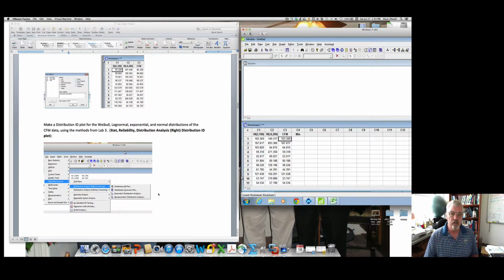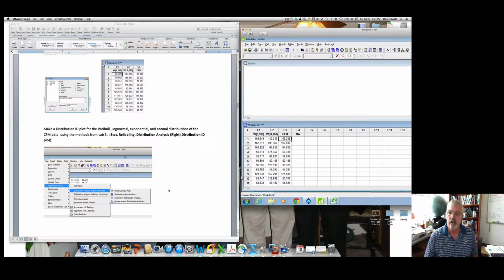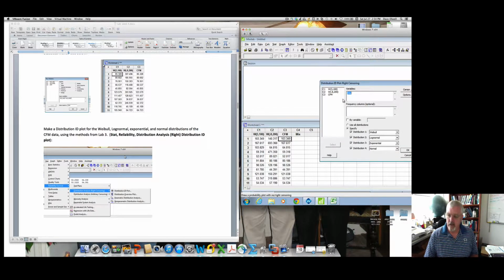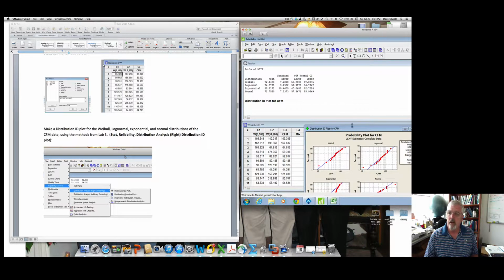Let's take a look at a distribution ID plot and see what it looks like. So let's go to Stat, Reliability/Survival, Distribution Overview Plot, Right Censoring, Distribution ID Plot. Let's take a look at our competing failure modes, and use our standard four distributions we've been using: Weibull, lognormal, exponential, normal. Okay, so if I plot these and look,